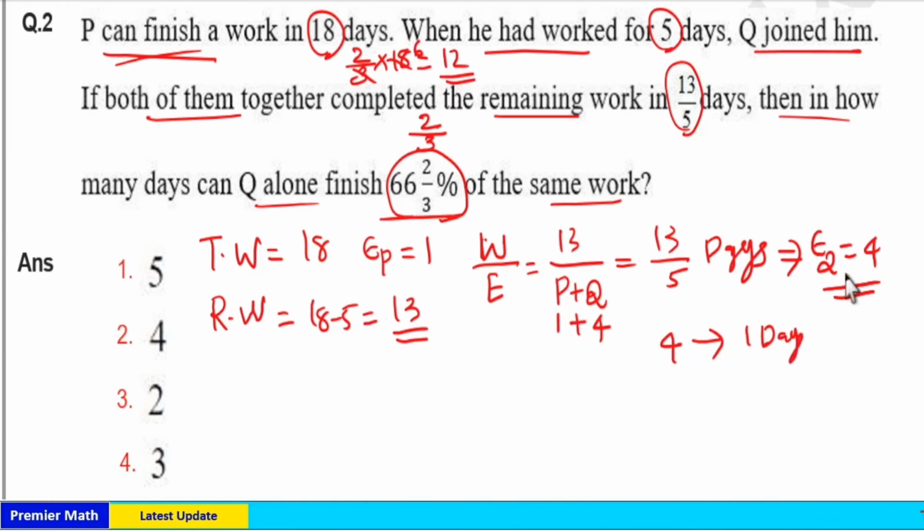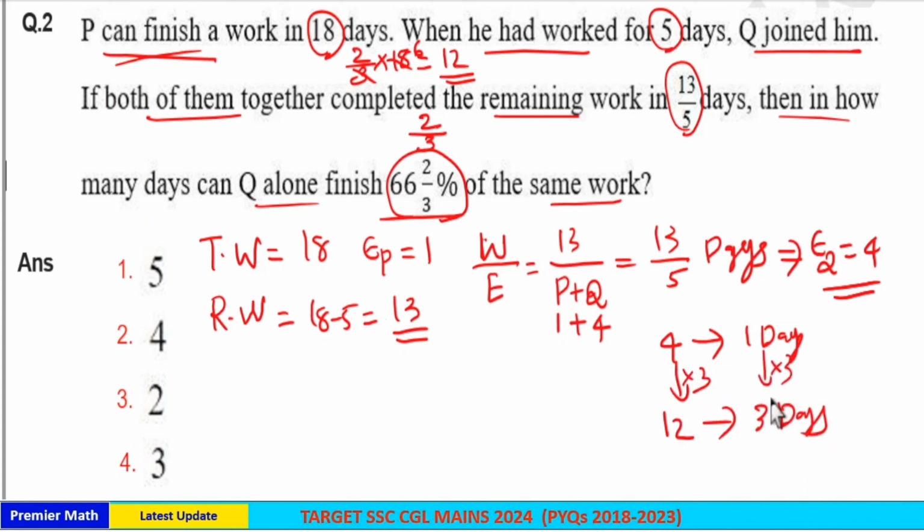Efficiency of Q is 4 unit, meaning in one day 4 units of work are completed. So 12 unit, that is 2 by 3rd of work, is completed in 3 days. 4 into 3 is 12, which means 1 into 3 is 3. So 12 unit work, that is 2 by 3rd, is completed in 3 days. So option